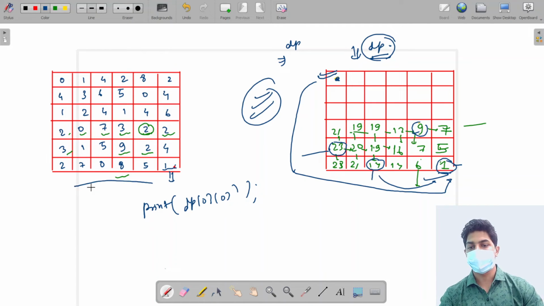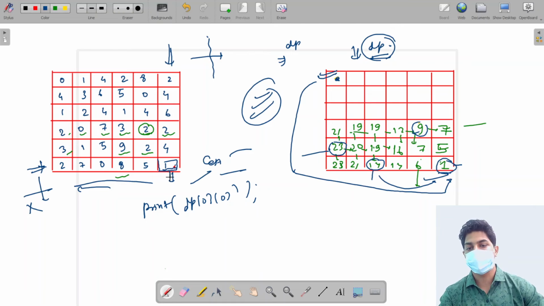We need to handle the base case when we are in the last row, and the base case when we are in the last column. In the last column, moving in the horizontal direction is not an option, so we need to make a check. In the last row, moving in the vertical direction is not an option, so we need to make a check. And in case of the last cell, our answer is just the cost of that particular cell. We don't need to move in either horizontal or vertical direction, so we need to make sure of that also.